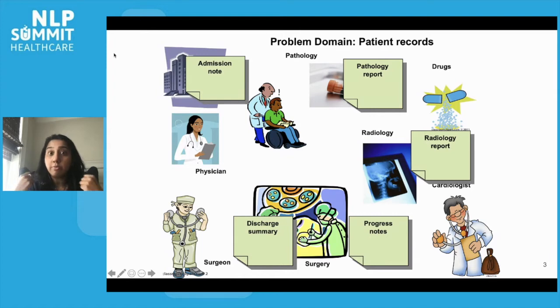Now, the information captured in these notes range from different conditions, tests done, scans done, references to past conditions. So there are references to the same medical event across notes. So those are co-references. There could be everyday progress that refers to past medications, future plans, and a discharge summary that sort of summarizes the patient's stay, say in a hospital, starting with why they presented, how they were treated, assessments, and then plans for the future. Now, all of this information together, if automatically analyzed, could be very, very useful to clinical care,